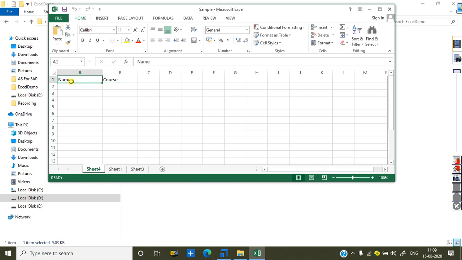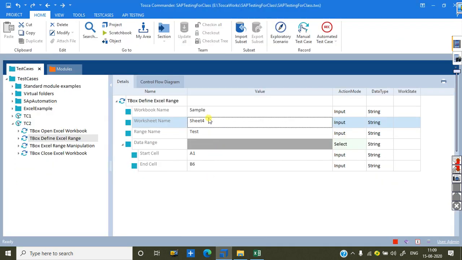This is A1. I can go up to anything, B6, B9, whatever you want to write in between. This is the range you are writing. And this is Sheet4, that's why I'm giving it here: Sheet4, A1 to B6. In between I want to enter. This is the range I'm setting.